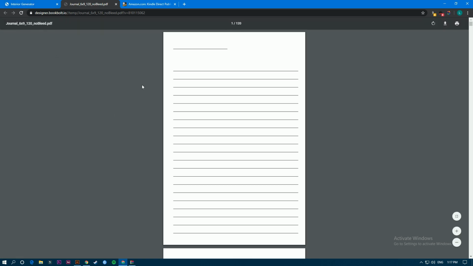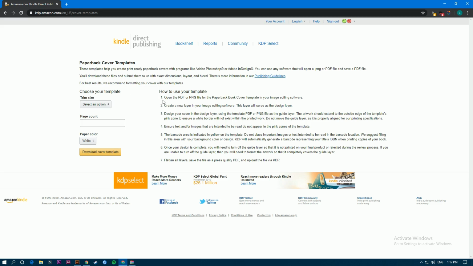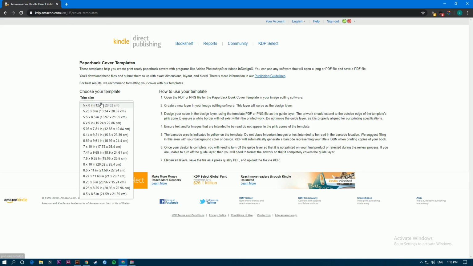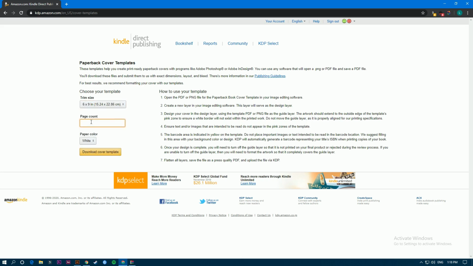So now we are done with the interior, right? So this one here helps us by giving us trims and guides to know where to put our design, the cover of the design, so it's important for us. As I did before, I chose 6 by 9, so it's pretty obvious what I'm going to choose right now. I have to choose 6 by 9, and you have to be exact by doing 120 because the